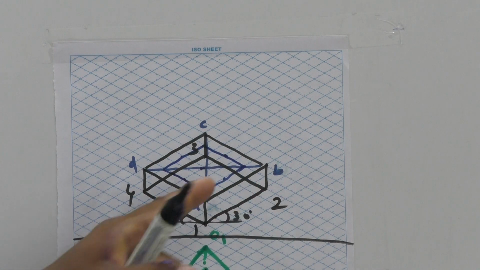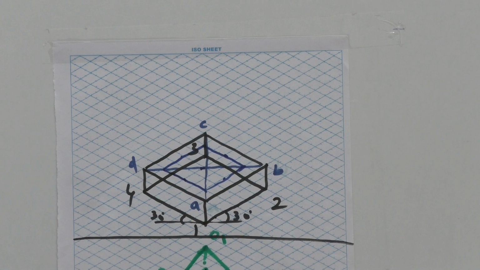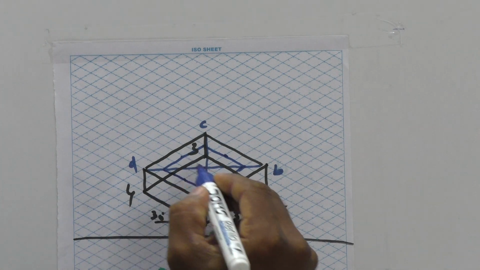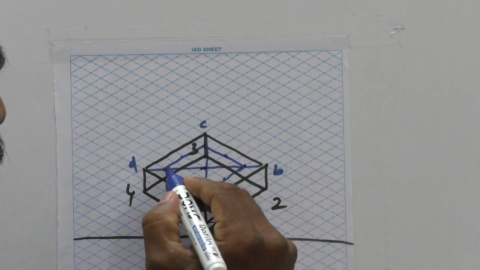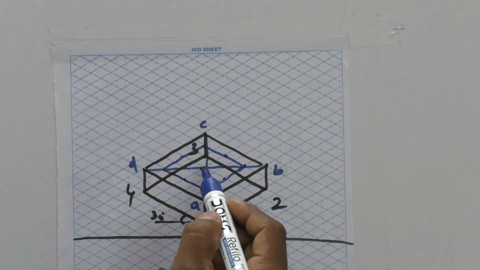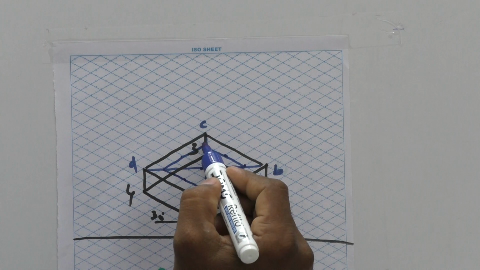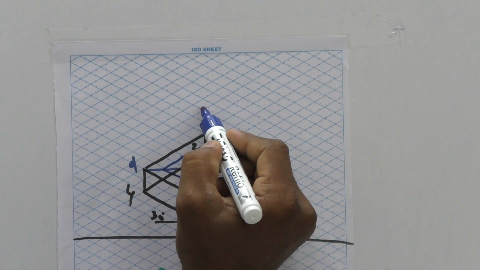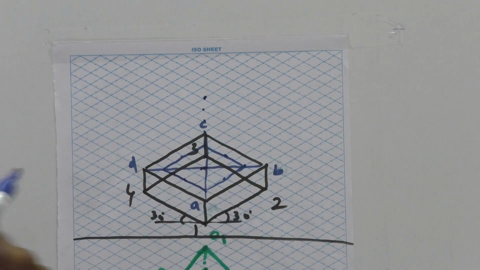Clear. So from here mark the height of 60. That means it is 6 blocks. Exactly this height is 60. So now from the midpoint of this bottom box you take 6 boxes: 0, 1 box, 2 box, 3 box, 4 box, 5 box, 6 box. Since he has given the height as 60 mm, it is 6 boxes.